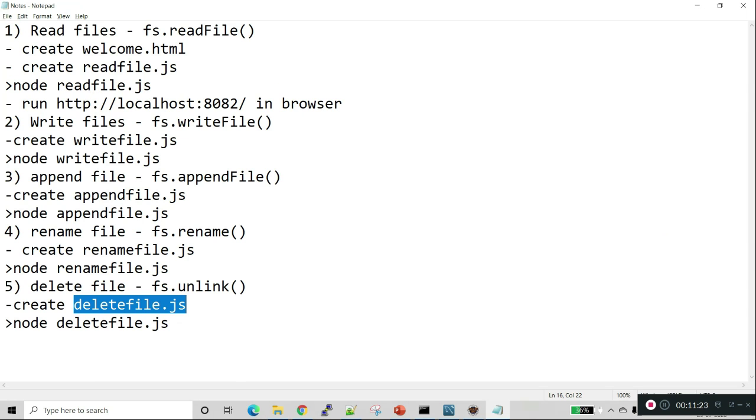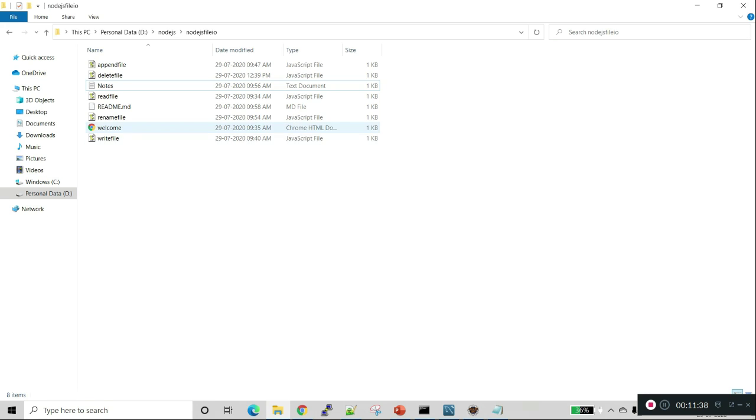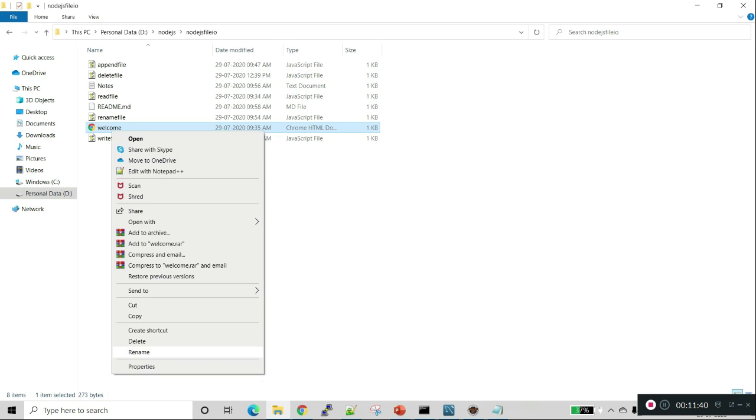Another one: when we were reading the file, creating the file, correct? Let's run the file without welcome.html. I will rename this to welcome1.